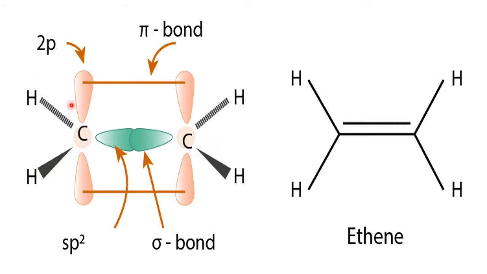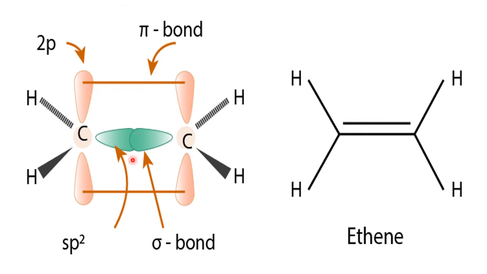But this one you see, this carbon has an unhybridized orbital with a single electron, and this carbon also has an unhybridized single electron. So what do they say? We have a single electron each. Why can't we go for bonding here? So this will give its electron and this will give its electron for sideways overlapping. This is called head-on overlapping, axial overlapping. But this overlap is called side overlapping. Because of side overlapping, they don't go for that much effective overlapping. Because of the ineffective overlapping, the bond is weak.